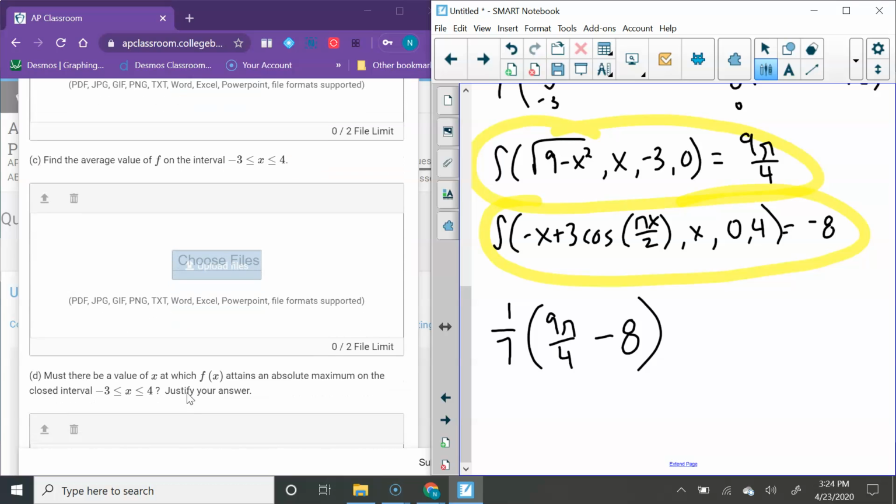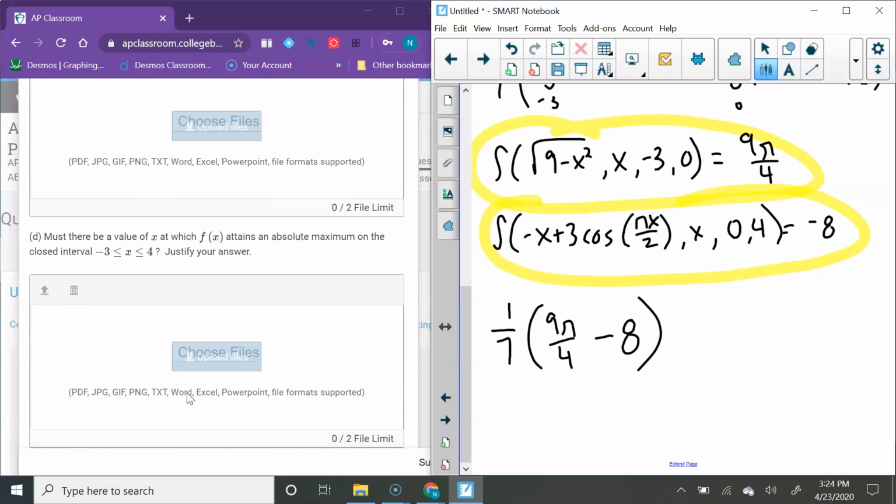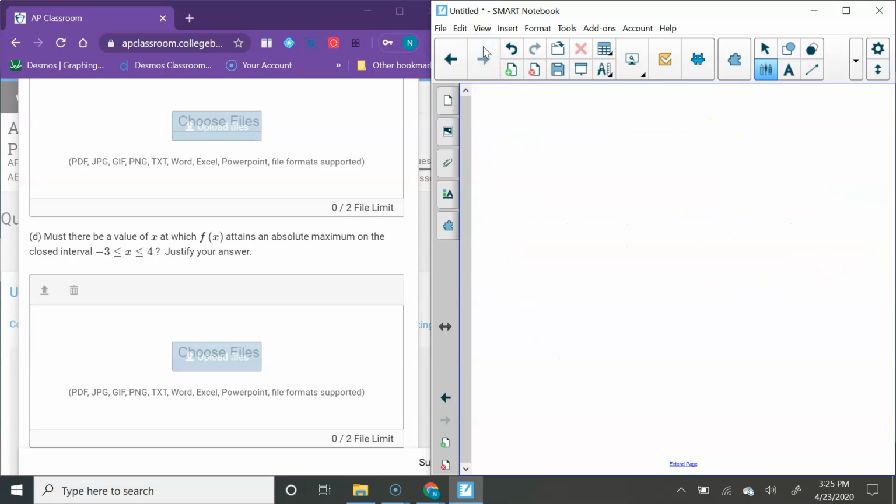Okay, so that is part C. The last part, part D, says, must there be a value of x at which f attains an absolute maximum on the closed interval -3 to 4, justify your answer. So this problem is really asking you about the